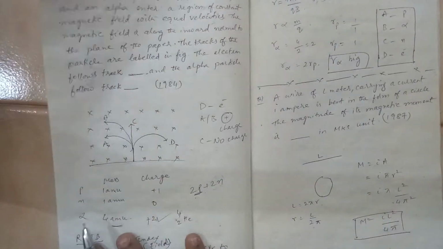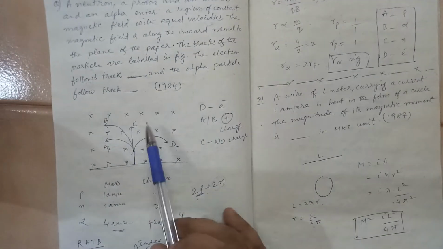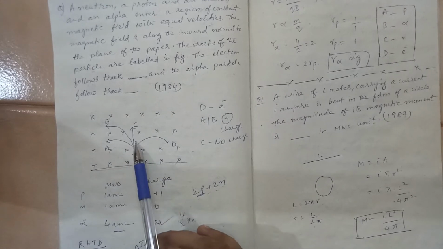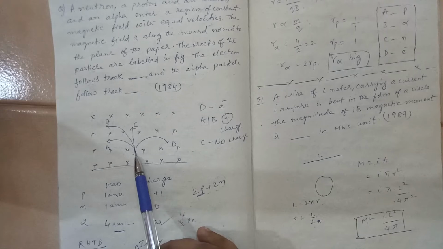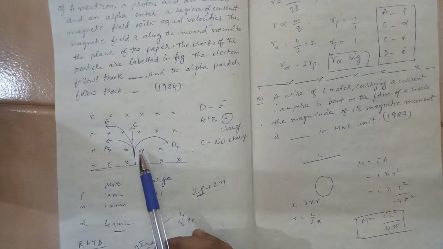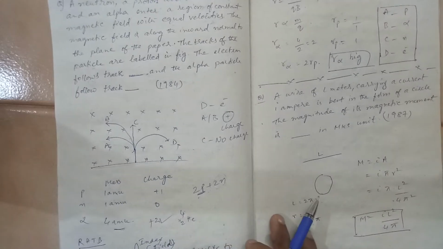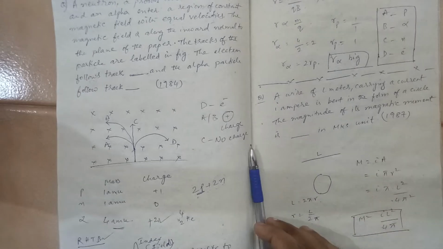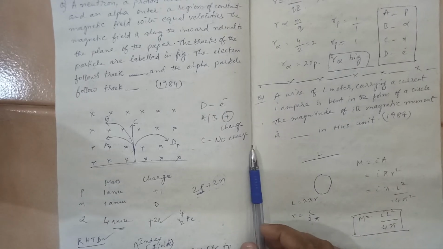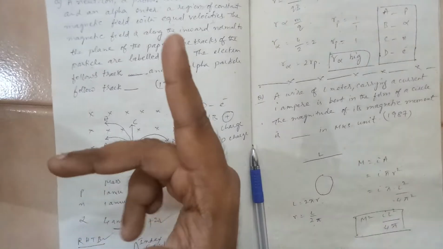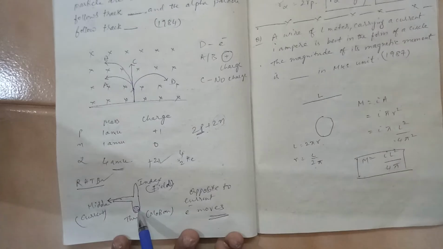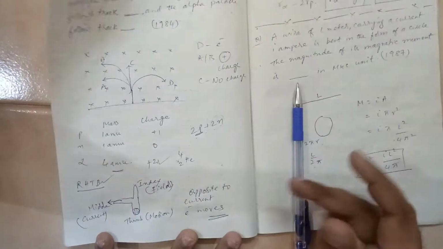Now when you have this kind of a scenario, you need to understand that these particles are entering into the magnetic field, and if you want to know the direction of the particle, which rule will we use? We will use the right hand thumb rule, let us see. So when I am using the right hand thumb rule, if I put it like this, this is what I have drawn in this diagram. So this is my index finger.